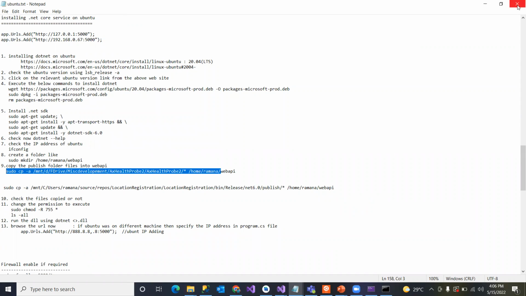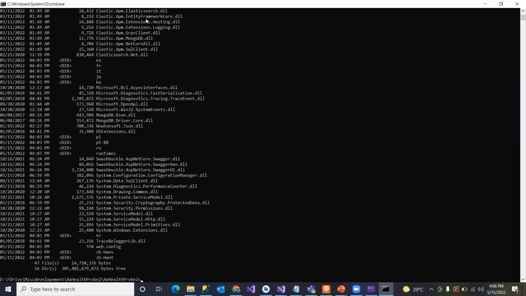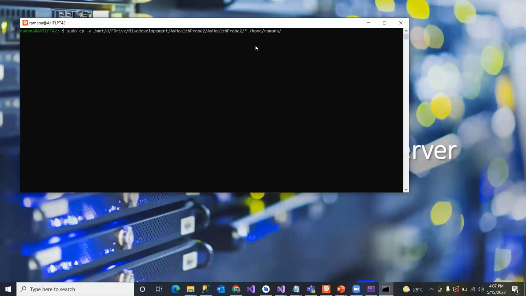Okay, I'm going to use the sudo command because it's the most privileged command, which has all administrative permissions. Then what I'm going to do is sudo cp -a, and this is D drive, F drive, miscellaneous, development. This is the solution and the path. I have my deployment stuff published here. So I'm taking this path, D drive, F drive, miscellaneous development, HealthProp 2, HealthProp 2, and mount. I just started mount into